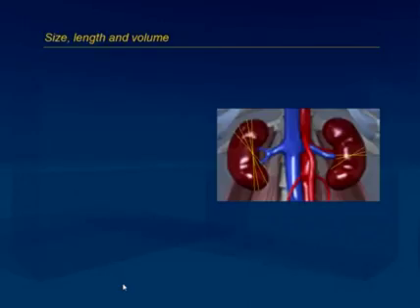Size, length and volume of the transplant. I'll spend quite a few minutes and several slides with this, as many mistakes are made there in clinical practice. We first have to appreciate that there is a difference between renal length and renal volume. Most ultrasound reports of transplants provide the renal length, although actually what correlates with the patient's body weight is the